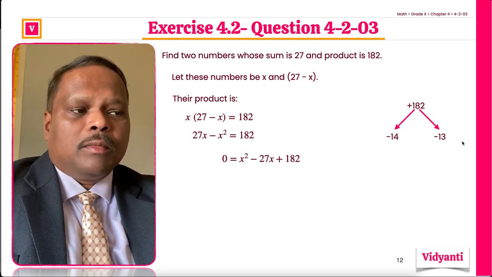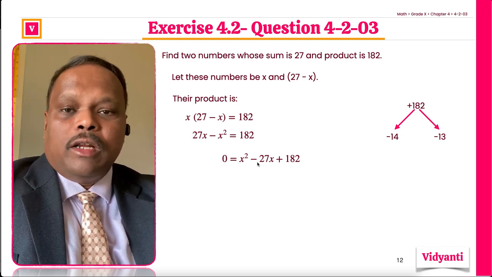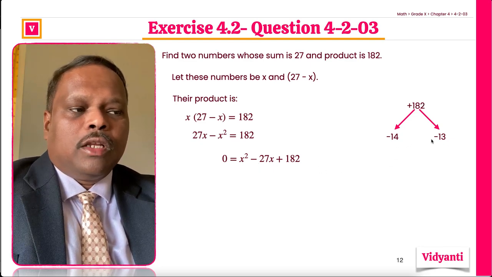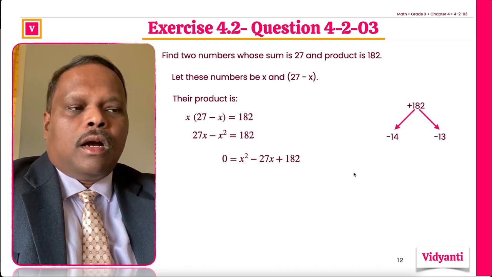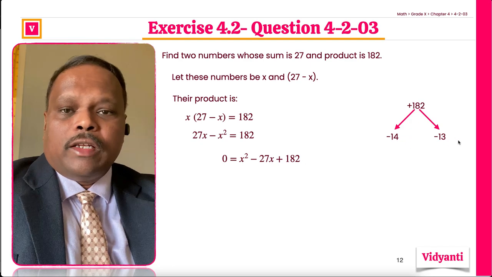Why have I taken minus? Because, number one, both minus will give you a positive product. That's one thing. And we want the middle term to be negative, so that means both numbers have to be negative. That means the middle term is now supposed to be split into two parts, which is minus 14x and minus